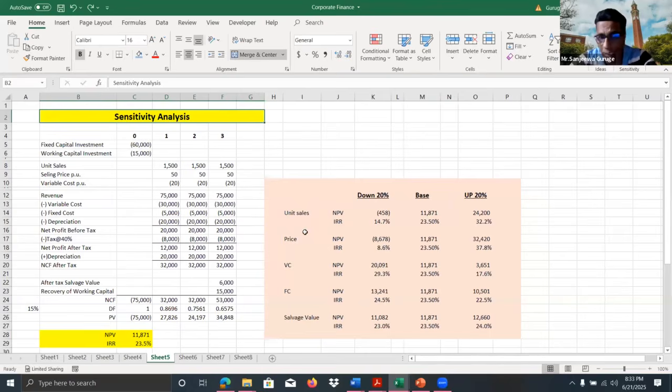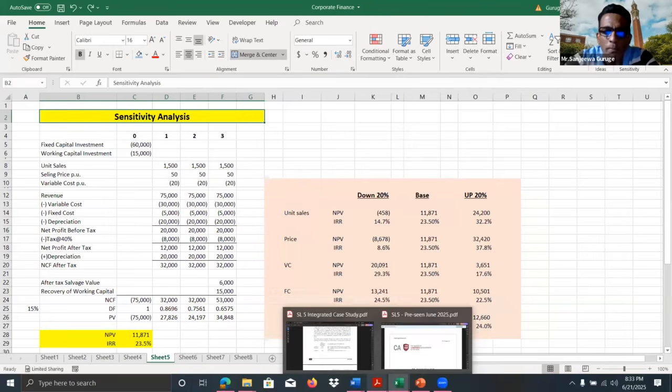So to analyze the risk of a project, sensitivity analysis is used. Using that, we can identify the most sensitive variable, and further analysis should be done to make sure those values have been estimated correctly. So that's the purpose.